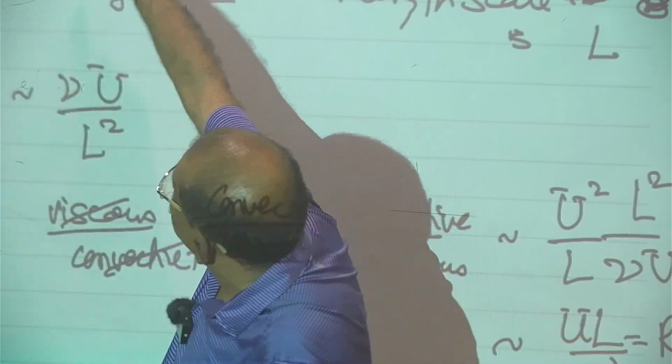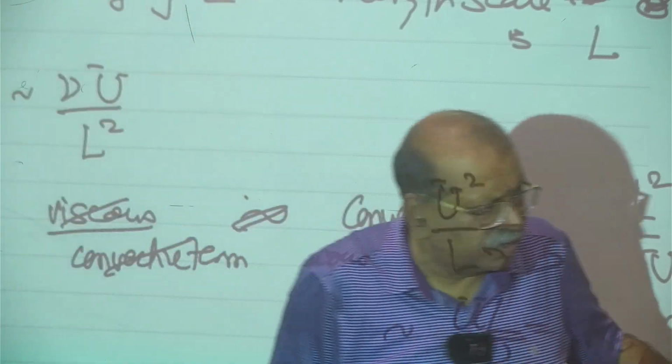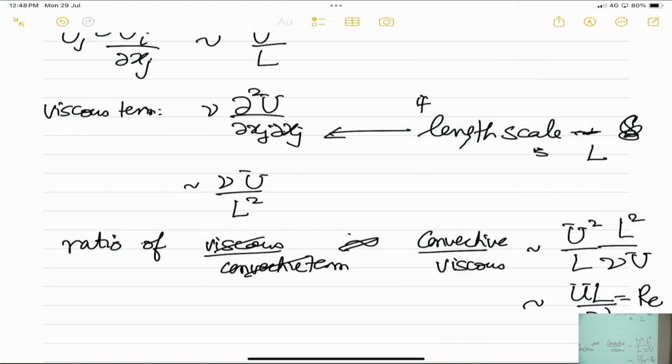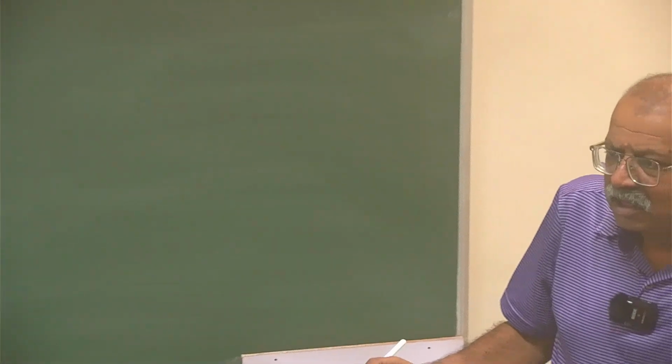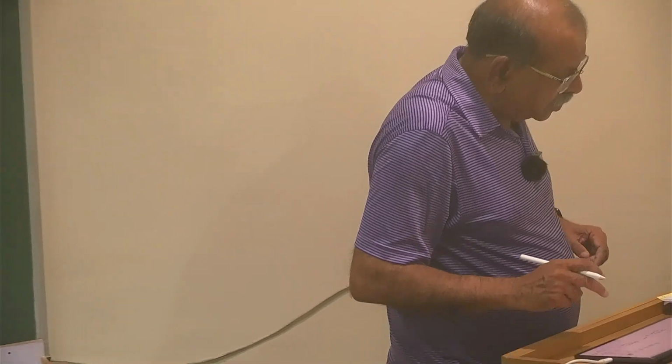So capital U there is the velocity, just the velocity field. Now, mean or fluctuation we have not even talked about. So therefore it is just the instantaneous velocity. Okay. So now